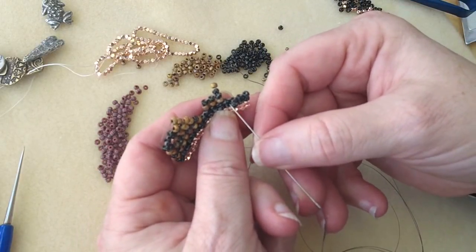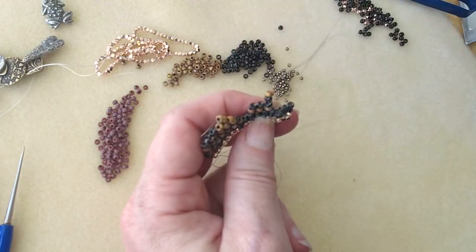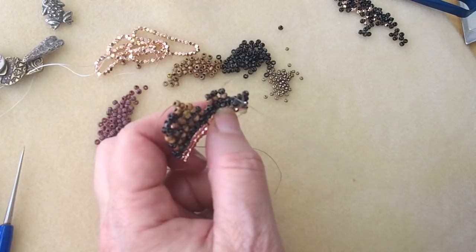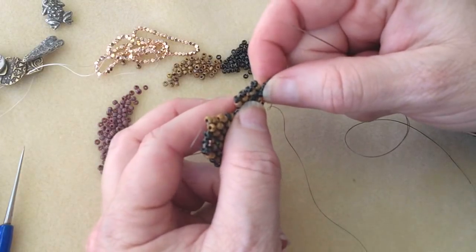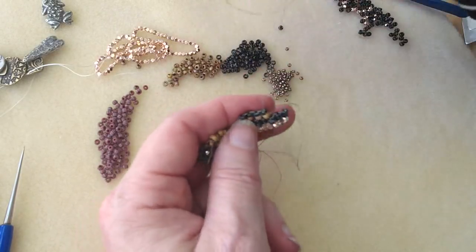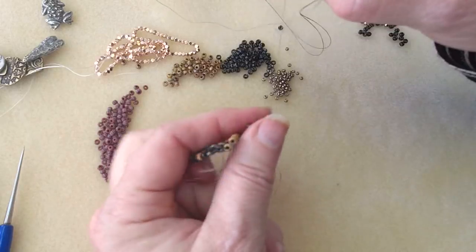So again, 2 beads go on. I go right under that little blip of thread. And again, if you can't see what I'm doing real well, don't be overly frustrated. We'll link it. All of the directions for this are in the Facebook Live from Wednesday, the 10th. And then I come up. So you can see that regular,